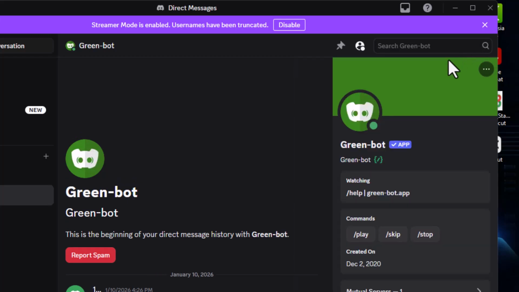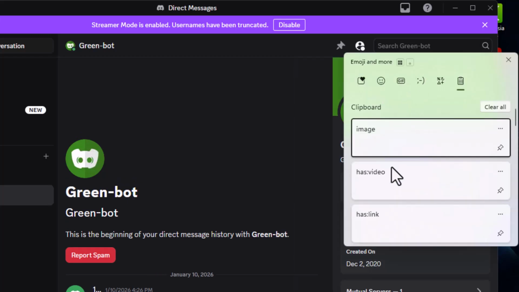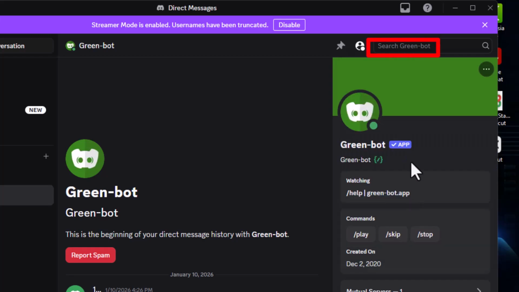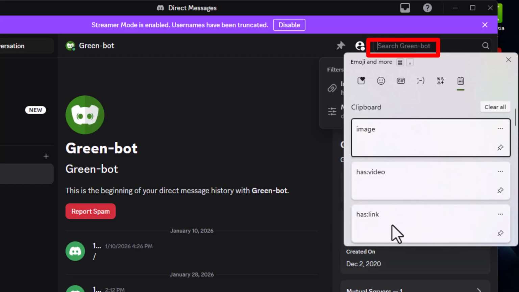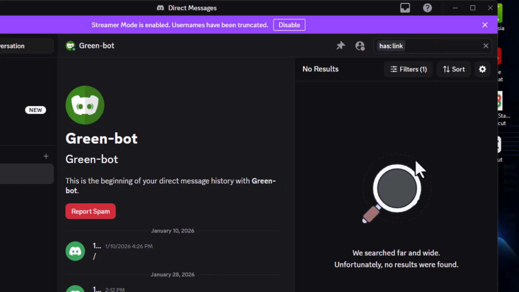You can also use filters like has:link or has:file. Press enter depending on what you want to locate. You'll instantly see a list of all matching media from that chat or server, making it quick and easy to